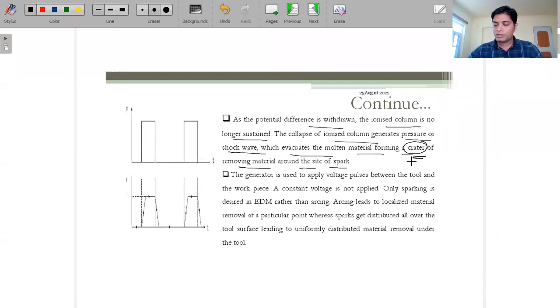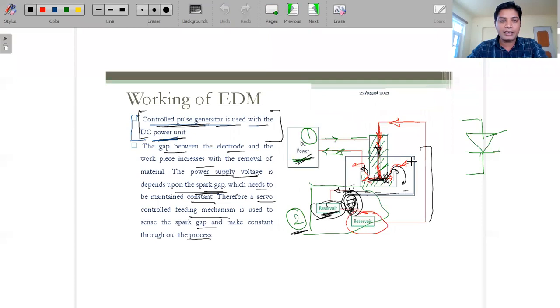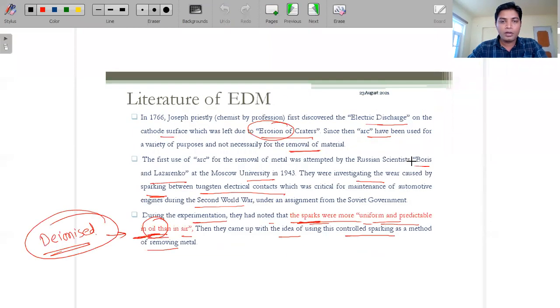Now, crater: yesterday, if you saw the first slide where I was discussing the literature part, in the first point I mentioned that Joseph Priestley in 1766, by profession a chemist, first discovered the electric discharge on the cathode surface, which was left due to the erosion of the craters. I say erosion because we are using a fluid, or oil, and the crater is what, like,